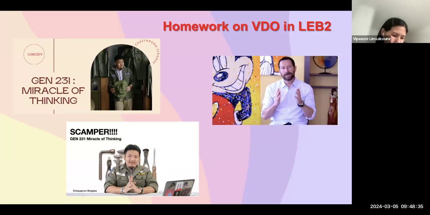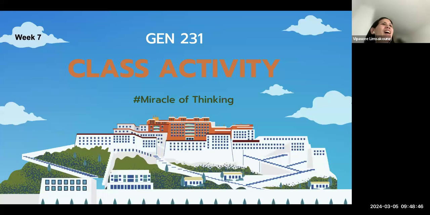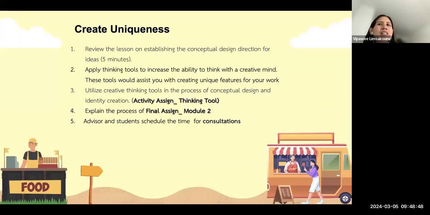Okay, I think, yeah, I will move on from the video and sharing regarding the knowledge of creativity. For our class activity, I already reviewed the lesson on concept design. Apply thinking tools to increase the ability to think with a creative mind.